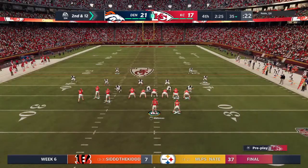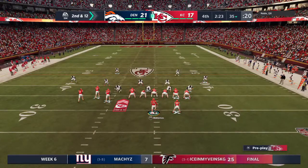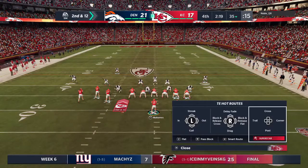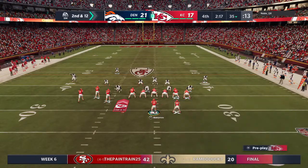Yellow. Hey, 43, 43, 15. Our goal line, 80. 43, 43. 51. Don't say nothing. Go, Mike 51, Mike